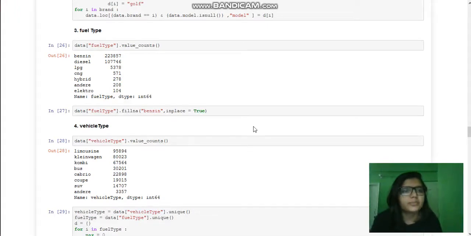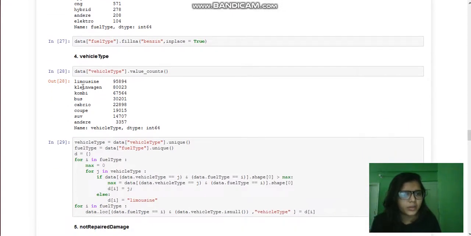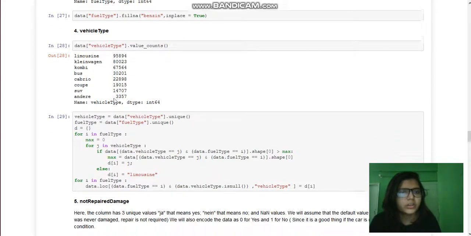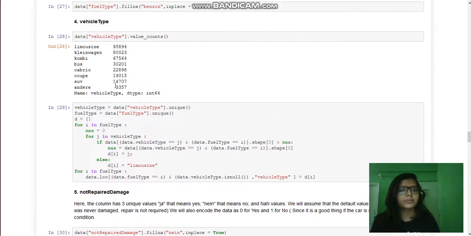After replacing the fuel type with benzene, we move on to the vehicle types. We have a total of 8 different categories of vehicle type: limousine, combi, bus, cabrio, and so on. Over here we're going to fill the vehicle type based on the fuel type, going on the assumption that the same fuel type will have the same vehicle type.